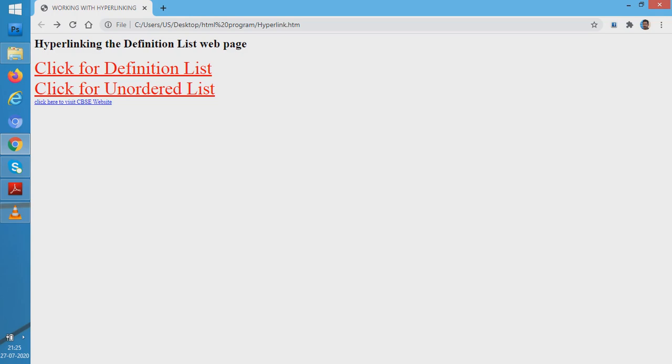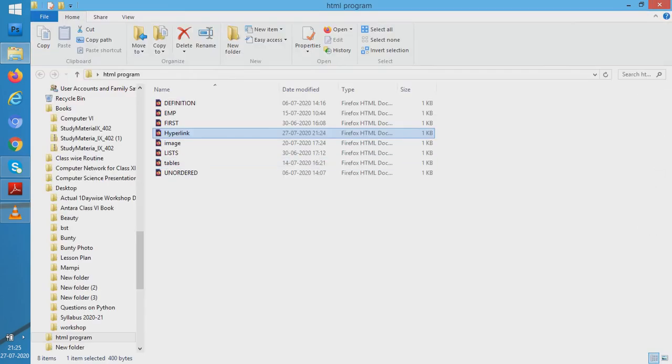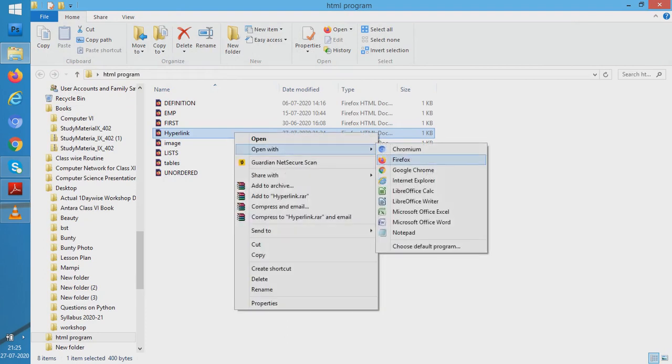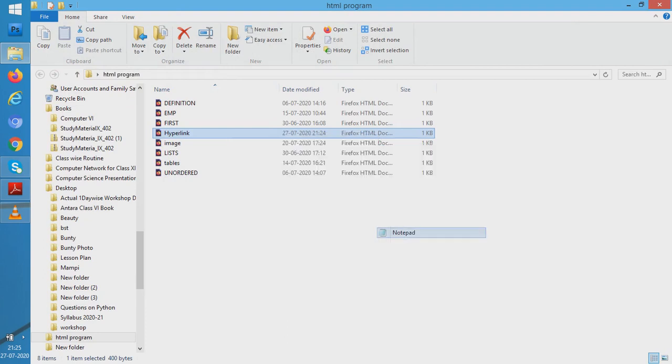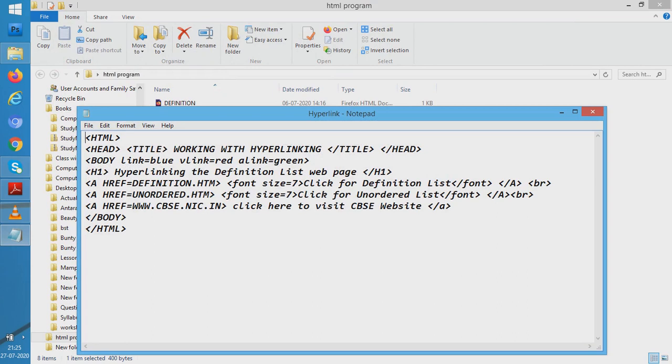Now there are ways in which you can link something in the same page. What do we mean by linking something in the same page? If I go to this page and open it using Notepad, see, this page has few lines. Suppose I had 1000 lines in this page. Then if this page was opened, I would have to scroll down to the 1000th line, and it would take a lot of time to understand it.